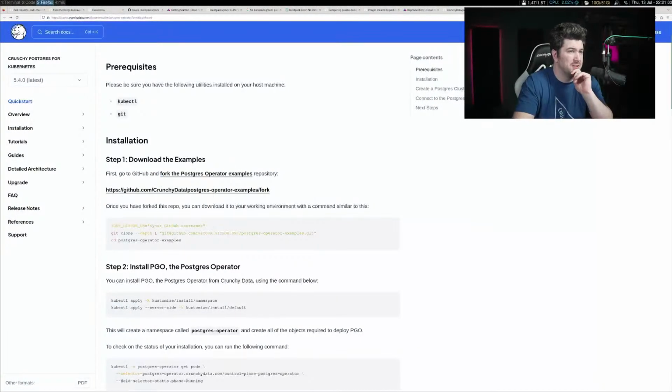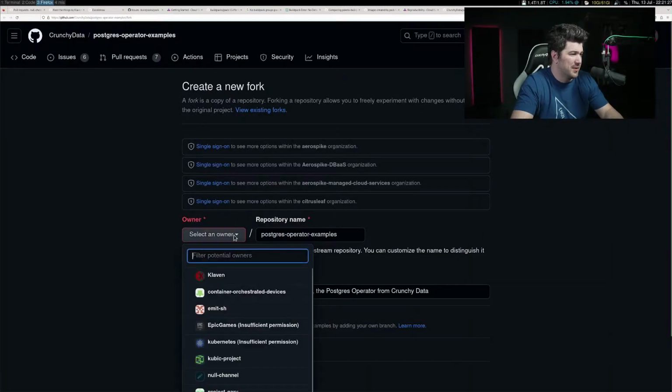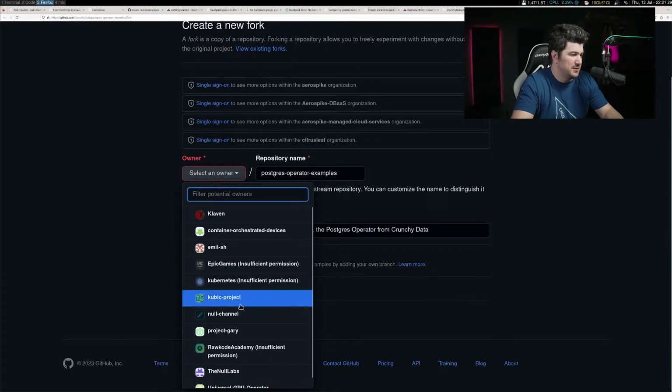And they're encouraging you to fork it so you can just keep yours and sync it with what they're doing. That's an interesting concept, because what we could do, do we want to do this? What we could do is do our own fork. I think this is what we're going to try to do. All right, we're going to take this and we're going to fork it into the null channel,